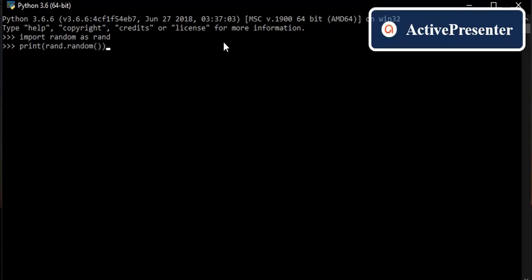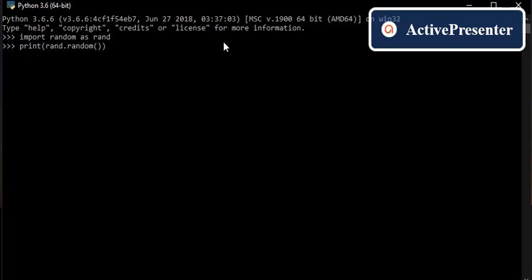This random function will generate a random number, actually a floating point value. Floating point values contain decimal points, right? So I'm going to generate a random floating point number.